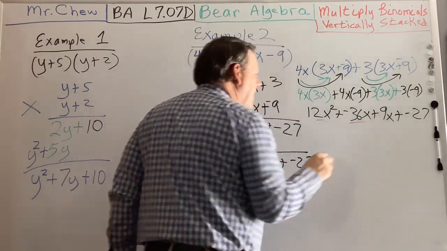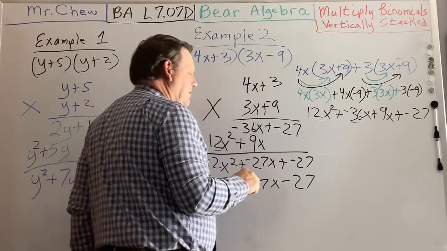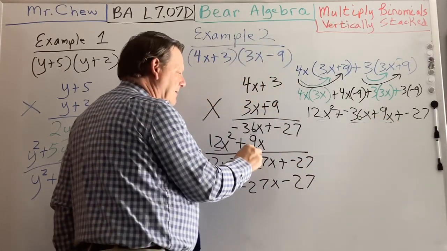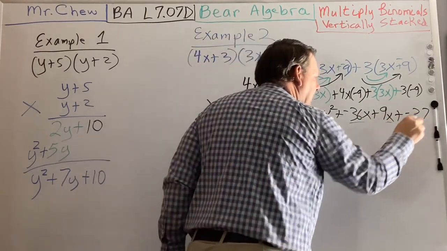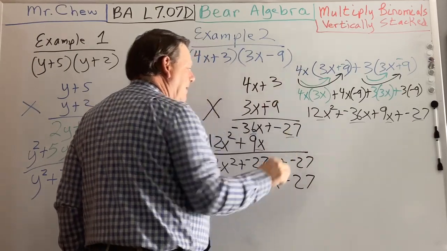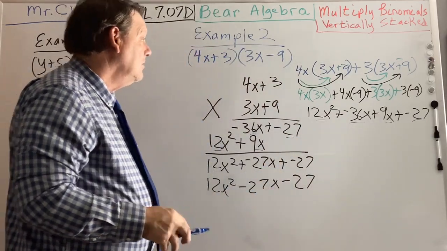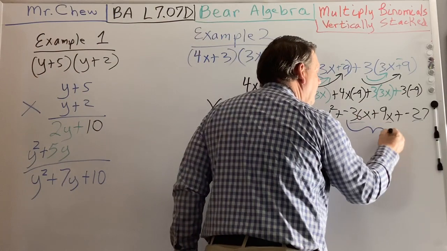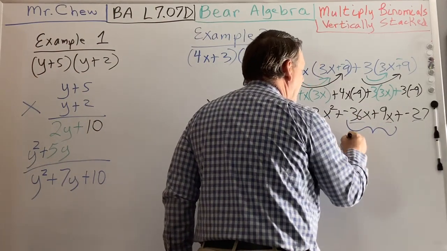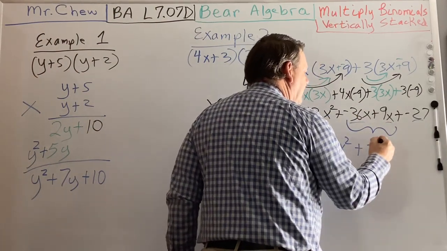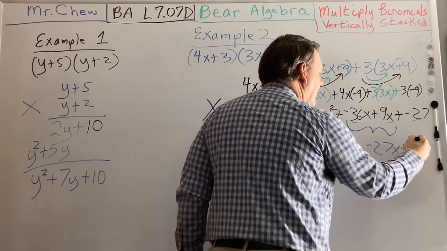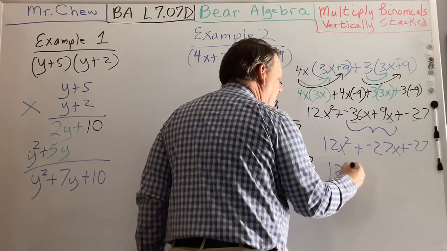We have a negative 36x, we have a negative 36x. We have a 9x and 9x. We have a negative 27 and a negative 27 here. So when I combine these two terms here, I have 12x squared plus negative 27x plus negative 27, which converts to,